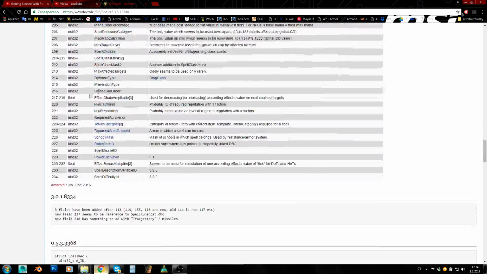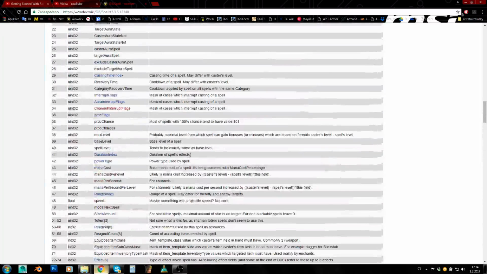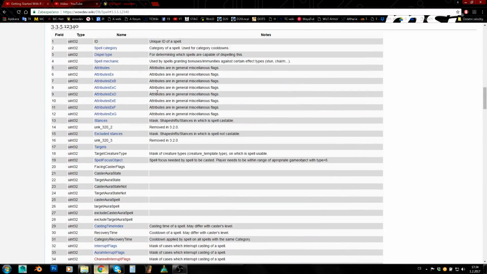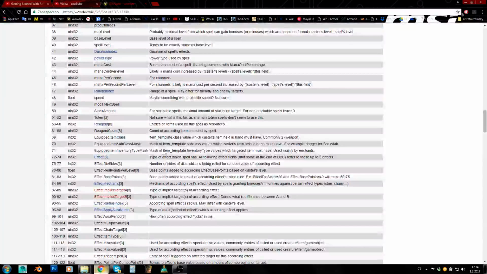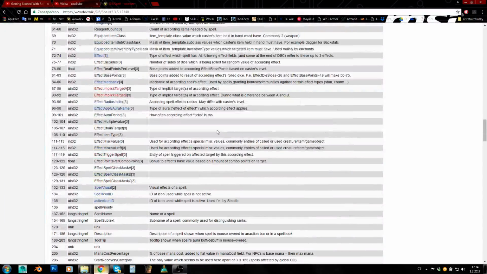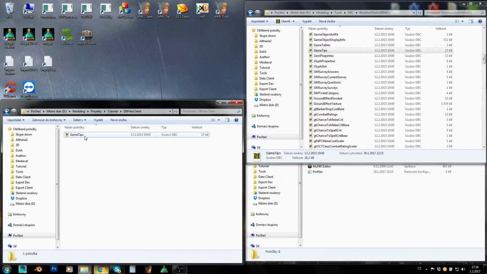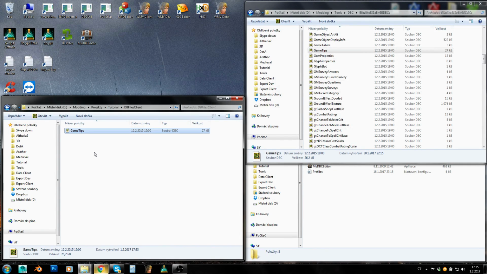And as you can see, spell DBC has a huge number of columns. And you can also see some description about those columns, what they are for. So just by opening this documentation, you can get an idea what is for what, basically. Now, when we know what the DBC stores and what it is good for, you want to edit it